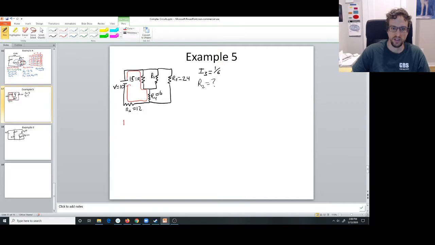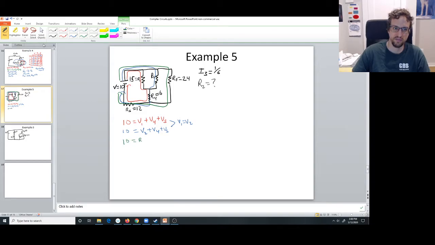Okay. So that's 10 equals V1 plus V4 plus V5. The second loop is go here. This is 10 equals V2 plus V4 plus V5. And these two together tell us that V1 equals V2. The final loop I can do, here we go through R3, skips everything, then R5, and I get 10 equals